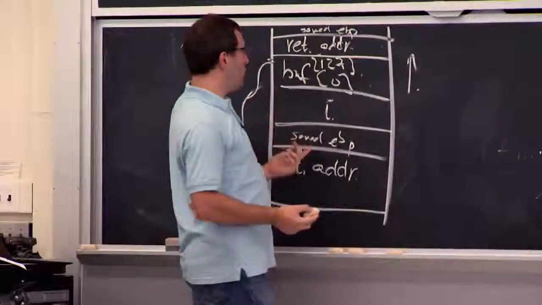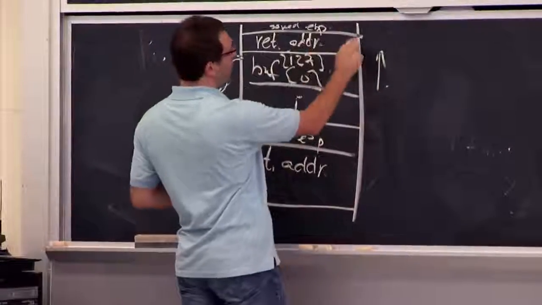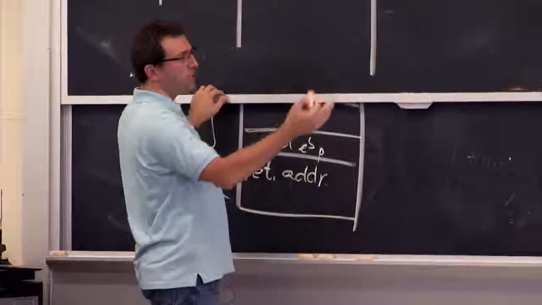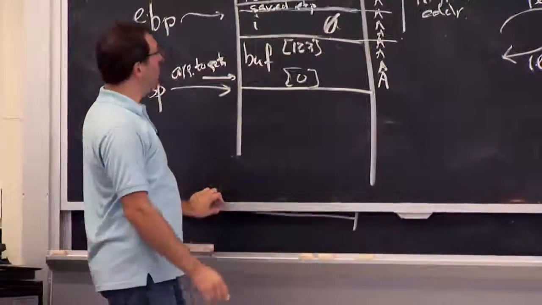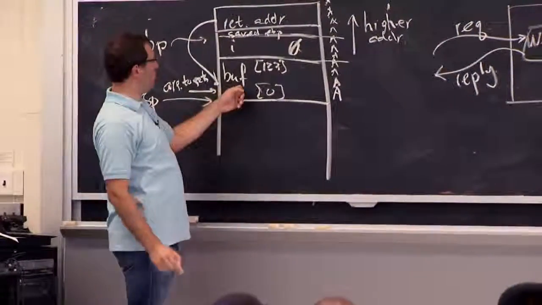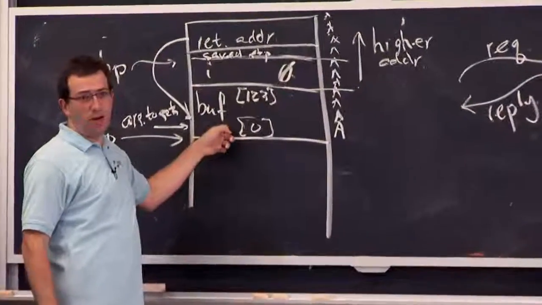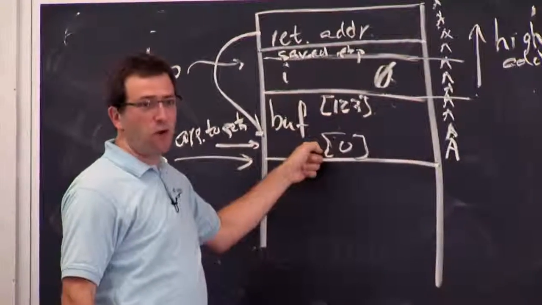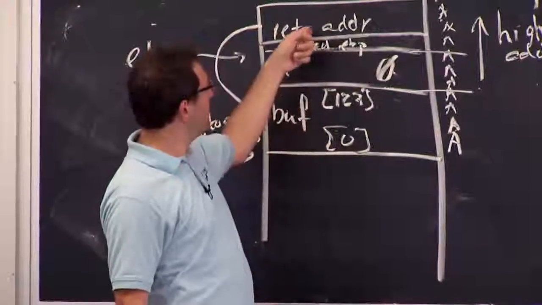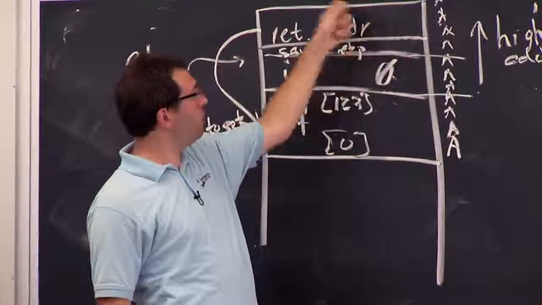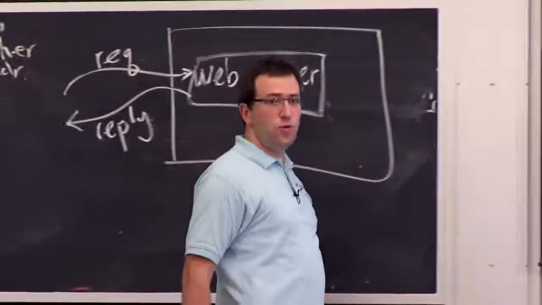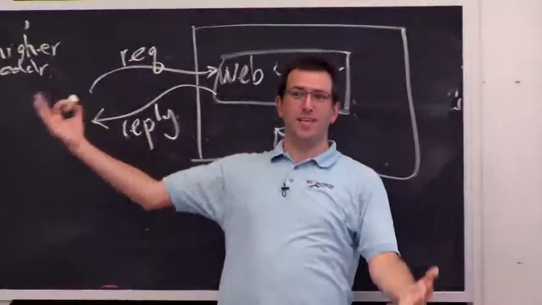But in principle, you could have the return address here that you overwrite, on either the stack-up or stack-down machine. And instead of pointing it to some existing code like the printf inside of main, we can actually have the return address point into the buffer. It's previously just some location on the stack, but you could jump there and treat it as executable. So as part of your request, you'll send some bytes of data to the server, and then have the return address, the thing you overwrite here, point to the base of the buffer, and you'll just keep going from there. Then you'll be able to provide the code you want to run, jump to it, and get the server to run it.